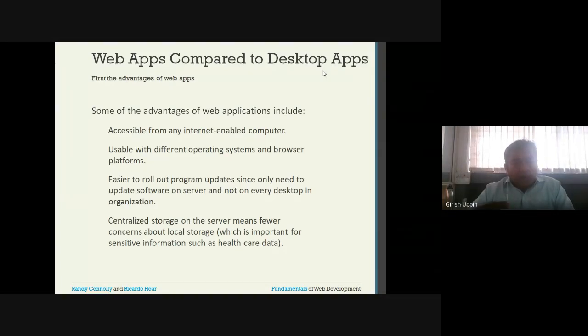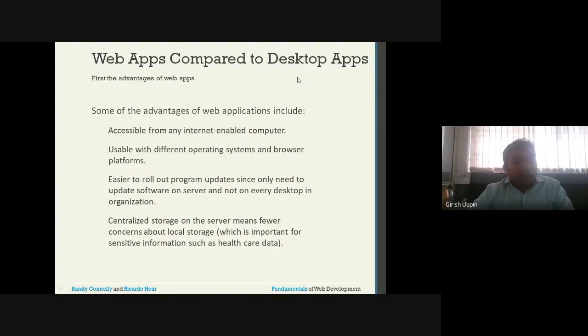As the World Wide Web, as the internet started improving, a lot of advances happened, and slowly we started moving from desktop application to the web application, because there were tremendous uses of having a web application over the desktop application.